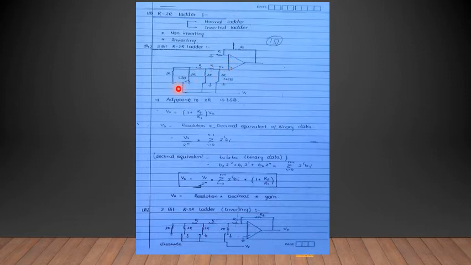But in the previous example we have seen that the one which is nearer to the op-amp, the first bit, the higher bit, is B3, and the last one is B0. Adjacent to 2R is the LSB. So this is the formula: V0 is equal to, because this is a non-inverting amplifier, the non-inverting amplifier formula, V0 equal to (1 plus RF by R1) into Vx.